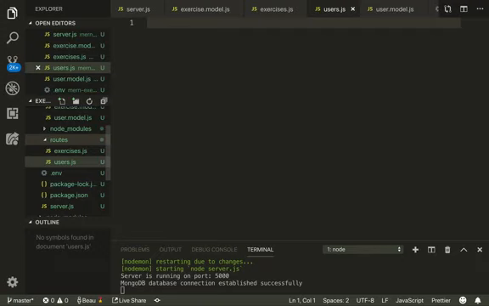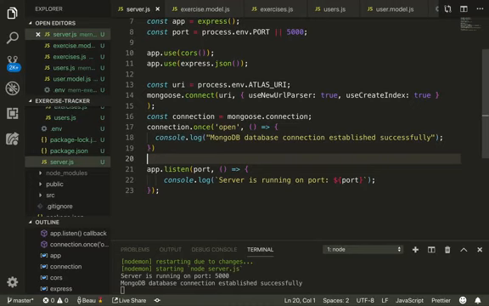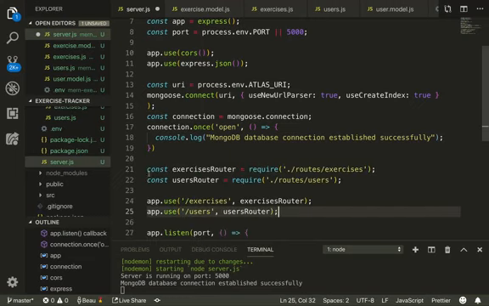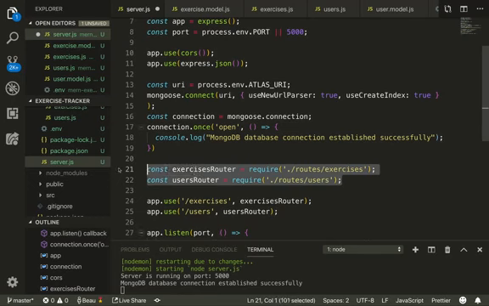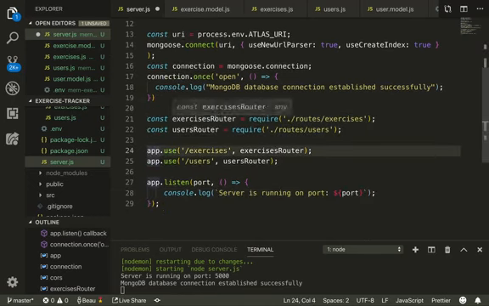First, we'll tell the server to use the files we just created. So toward the end of this file, right before this app.listen, we're going to add some lines here. So we have to require the files and then use the files. So here we're requiring the files, and then basically we're just importing them into here, and then we're doing app.use